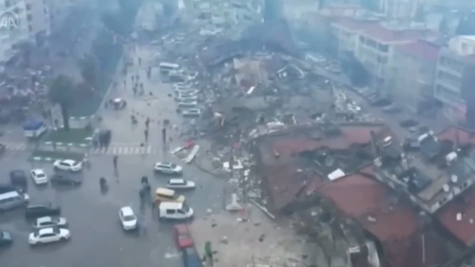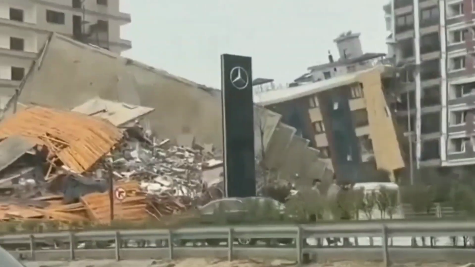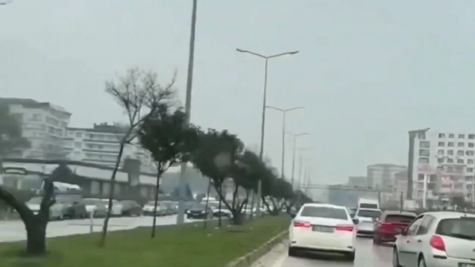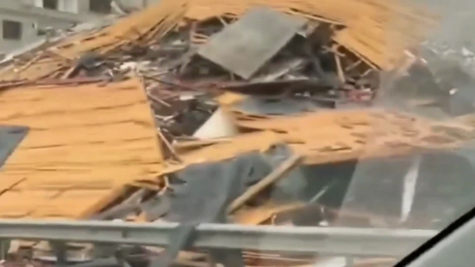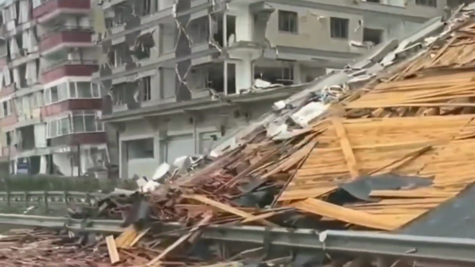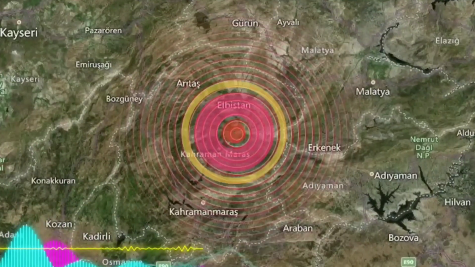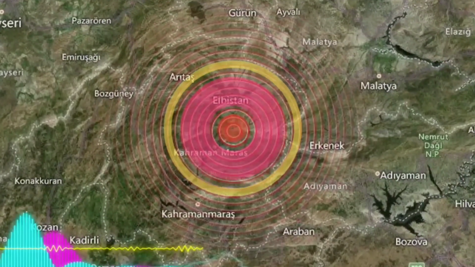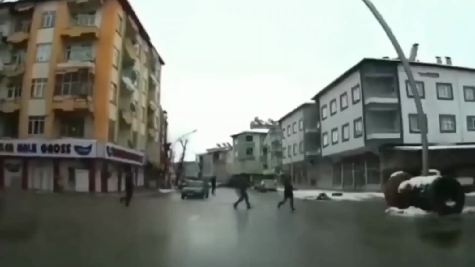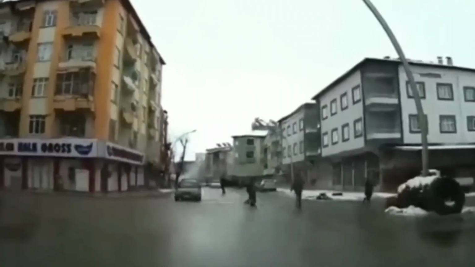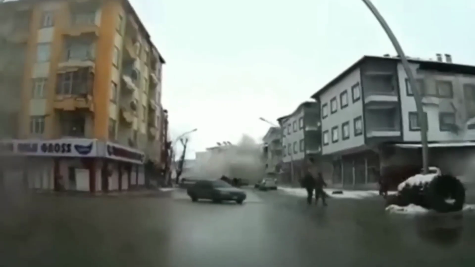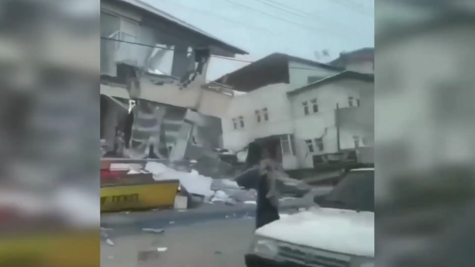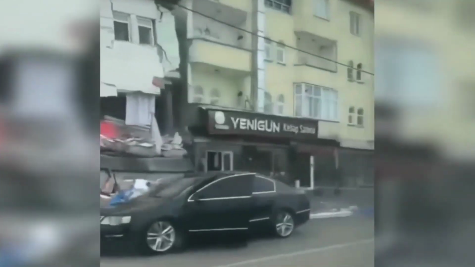Earthquakes are one of the most unpredictable and deadly natural disasters that can occur on Earth. They can cause devastating damage to homes, buildings, and infrastructure. An earthquake happens when two tectonic plates under the Earth's surface move, releasing energy in the form of seismic waves. There are several types of earthquake, each with unique characteristics and varying degrees of intensity. The four main types of earthquakes are tectonic, volcanic, collapse, and explosion earthquakes.